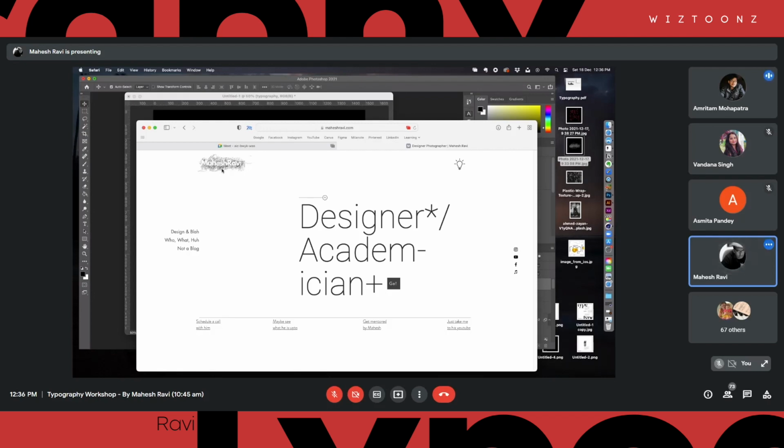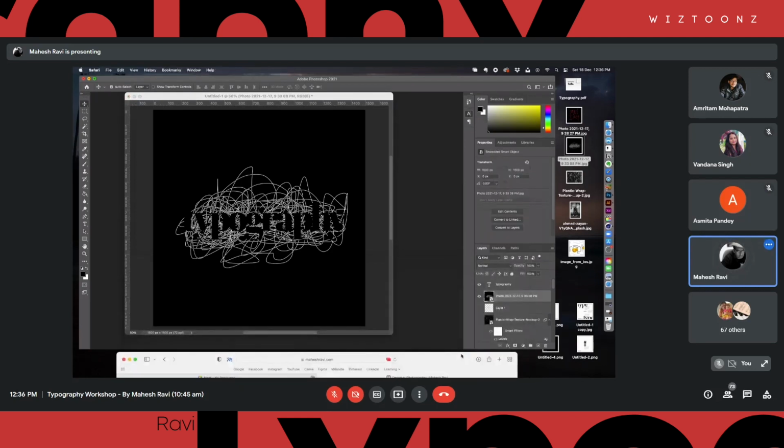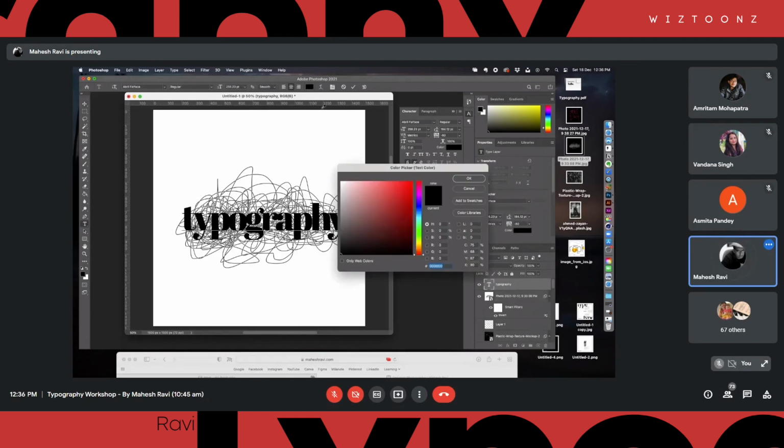So have you used a shadow there? Have you used a shadow under the text? No, there is no shadow. Nothing is there. What I've done is that I just extended this thing to make it a little more real. Let's take this. I'm just inverting that just for you to see this better.